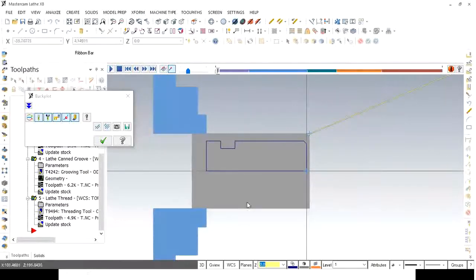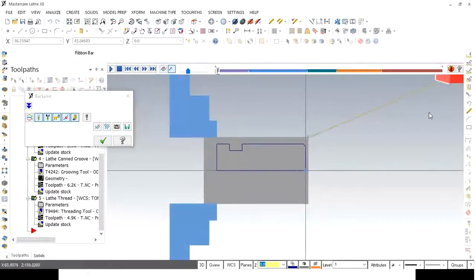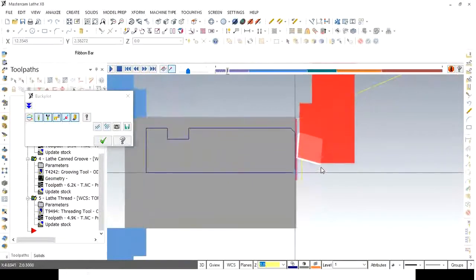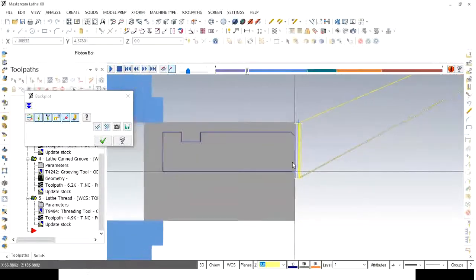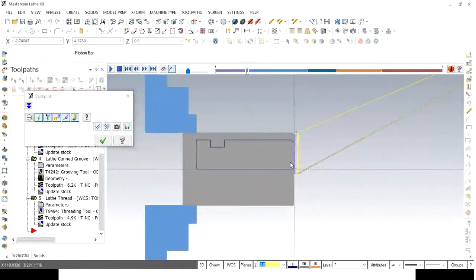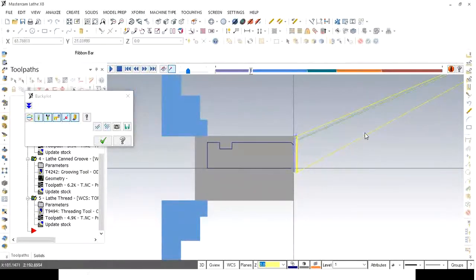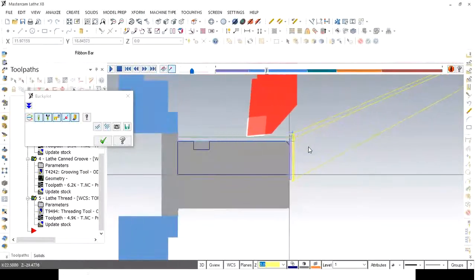It shows you the raw material. Then the tool comes from the home position. First the facing operation is done. It is retracted by the given amount and the cutting operation will be done. It goes to the home position. Next tool will appear. The next operation is rough turning. Then this turning operation as per the given depth, as we have provided 2 mm of cut depth. Then the finish pass.